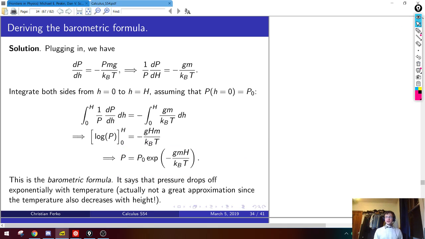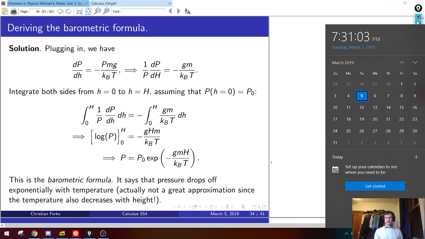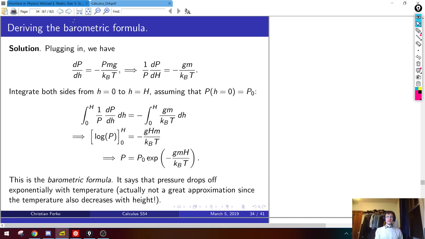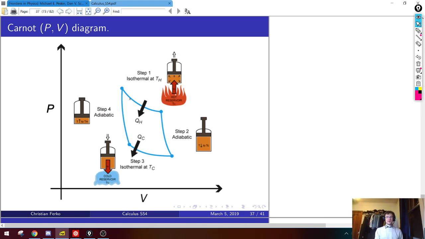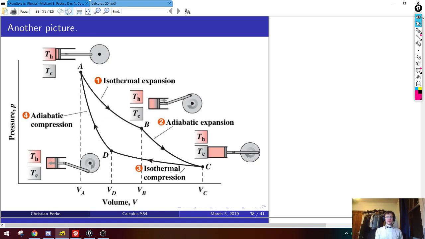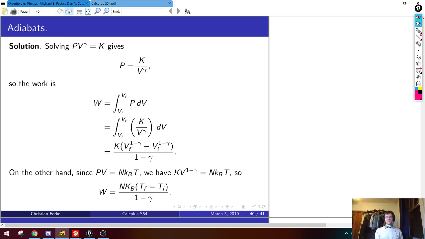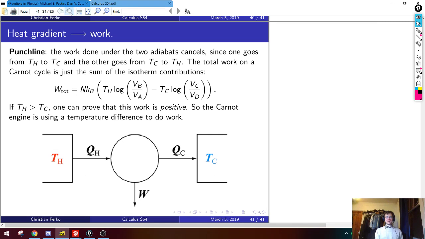But okay, so we've been going for 2 hours. Maybe we can do the rest of this next time. The remainder is going to talk about heat engines. So how do you use an engine to do work with a gas? Well, you have to have your engine put in some heat at one place and extract some heat at another place. And then you find the integral of pressure d volume, which is the area under the pressure volume curve. And then you go around a circle in that curve and get some total work. And that work will be positive, so you can basically turn a heat difference into useful work.